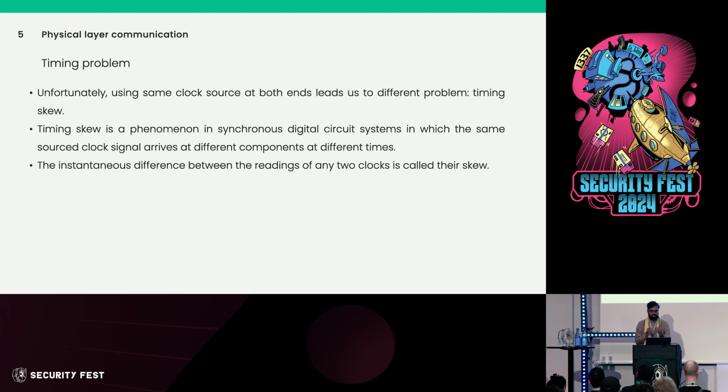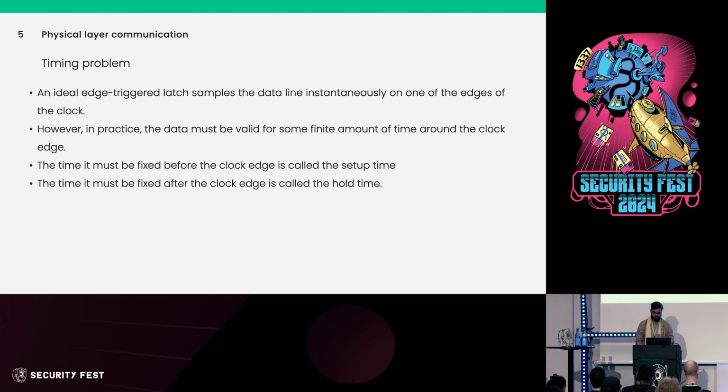Okay, if there is a mismatch of length on one end, you will get one part of the signal faster than the other, and then you will run into issues. So that is basically timing skew. Now, there are different types of clocks. There are edge-triggered, there are level-triggered, but the problem is that you have to deal with skew.